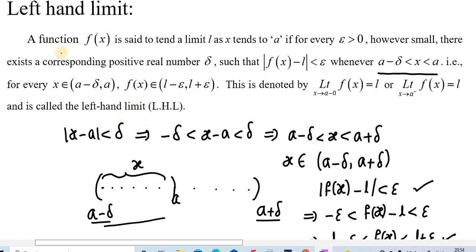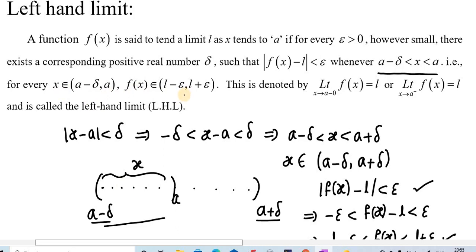That's why we call this the left hand limit. Once again, a function f of x is said to tend to a limit L as x tends to a if for every epsilon greater than 0. That means epsilon is a positive quantity. Even though it is positive, it is a very small positive quantity. For each epsilon greater than 0, there exists delta greater than 0 such that the difference between these two is negligible. Whenever x belongs to this region, f of x belongs to